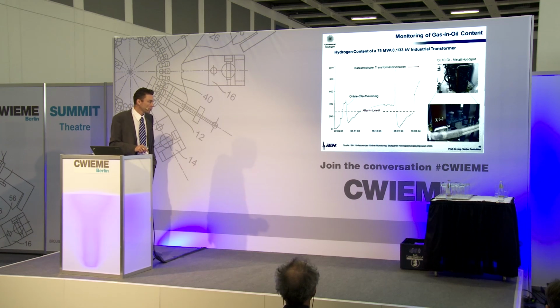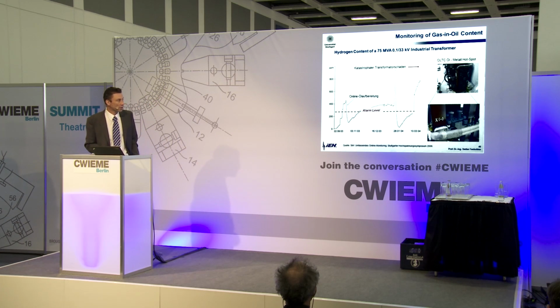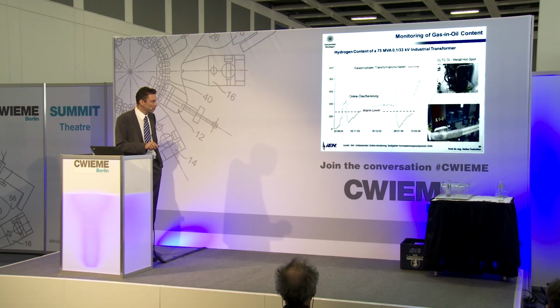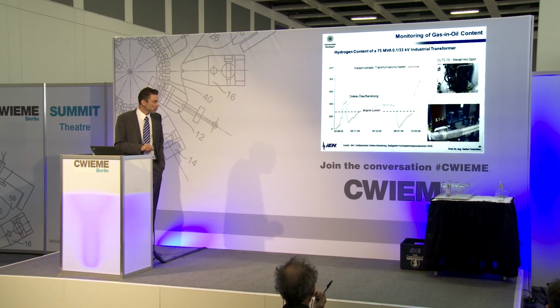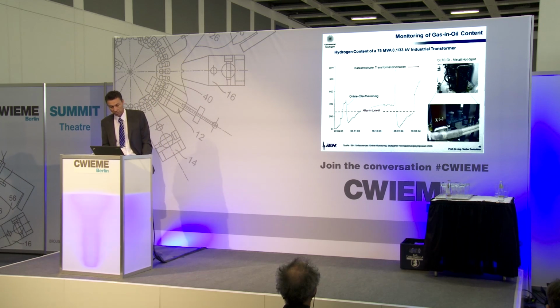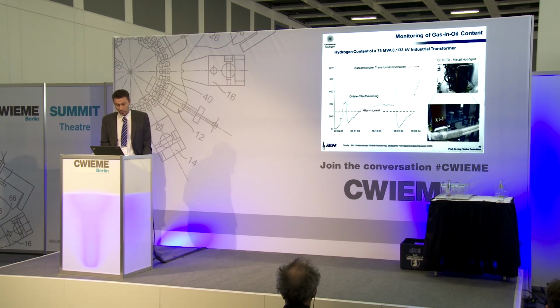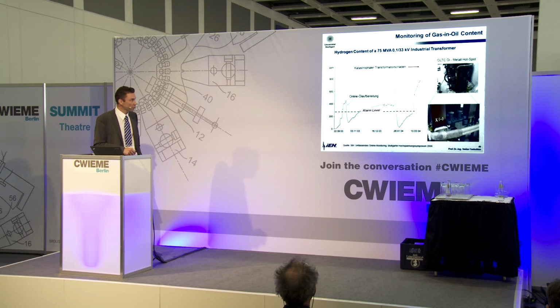So you have here a time interval of several months, and on the y-axis you see the hydrogen content. You can see a step-like increase of this hydrogen content, and it was found that always in one tap position there was a strong increase of hydrogen content. It was at a quite high level of almost 500 ppm, and then the utility, or in this case it was an industrial transformer, an oven transformer for a steel plant,